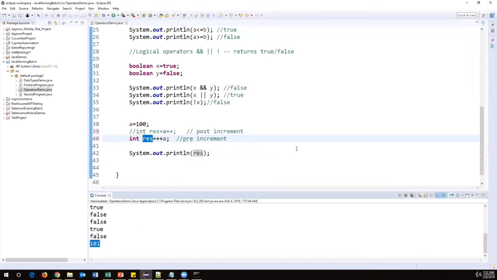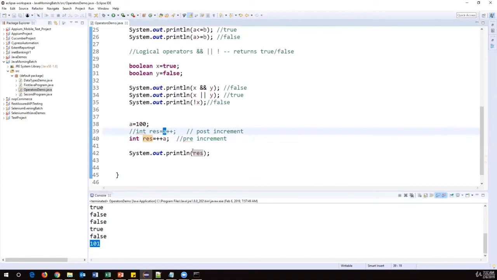So there's a basic difference: post-increment first assigns the value and then increments, and we normally use this in looping statements. Pre-increment first increments the value, then assigns it to the result, and we can print it. This is the basic difference between pre-increment and post-increment.